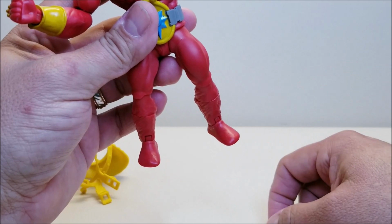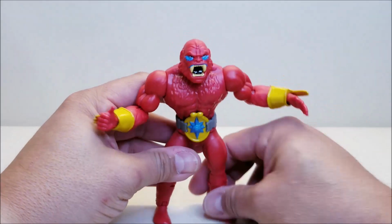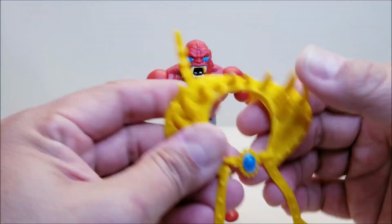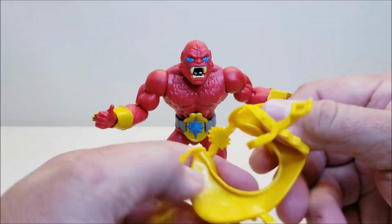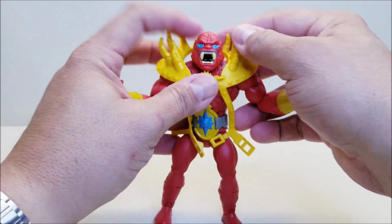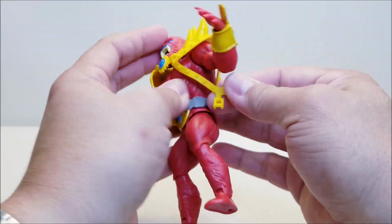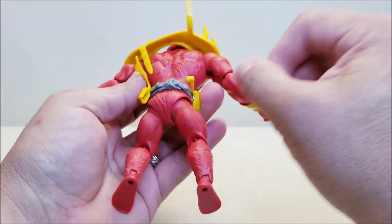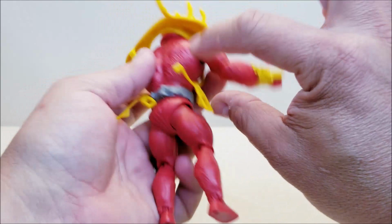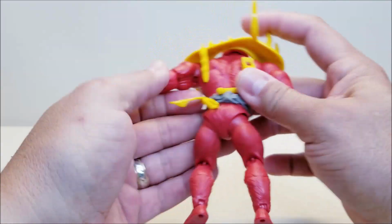That's very interesting indeed. All right, let's put his armor on him because he just doesn't look complete without it. And this thing is just so cool. It's rubber, of course. Lots of big spikes on this guy. Very, very cool. So we'll just go ahead and put that right on him. And I'm kind of figuring this out as I go here. So bear with me as I try to figure out how this armor is going to go. Let's see. Okay, so that's...